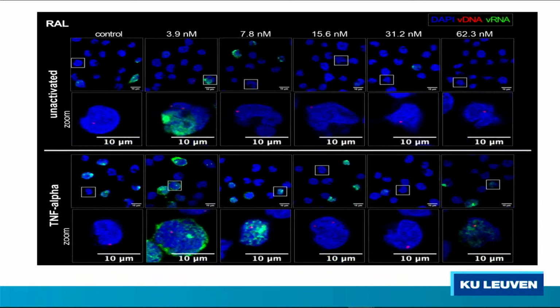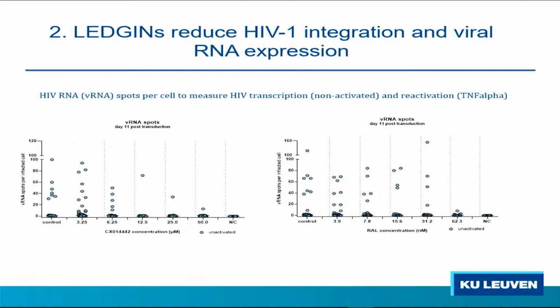If we take a control, which is raltegravir, which is a known integrase inhibitor, but it has no effect on LEDGF, it's not doing that. It's also inhibiting integration, but you still see RNA both in the unactivated and the activated condition, meaning that we have this specific effect. And we could quantify this,